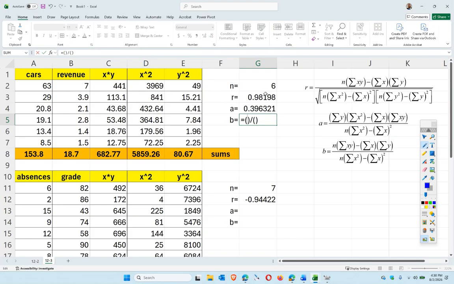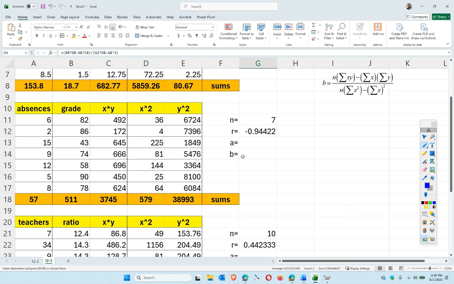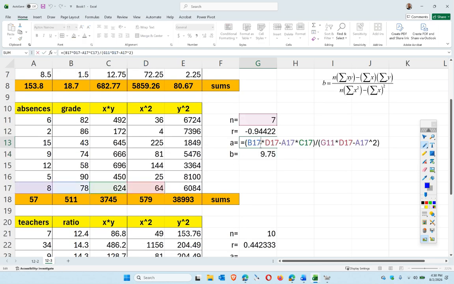So my numerator is n times the xy minus the x times the y. And on the bottom, I have n times x squared minus x to the second power. Okay, and there's my b value, essentially. So I'm going to cheat. I'm going to copy this, paste it here. Okay, so the only thing I have to change now, I need to change these to 18